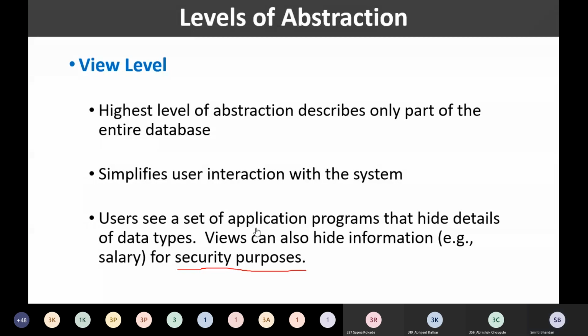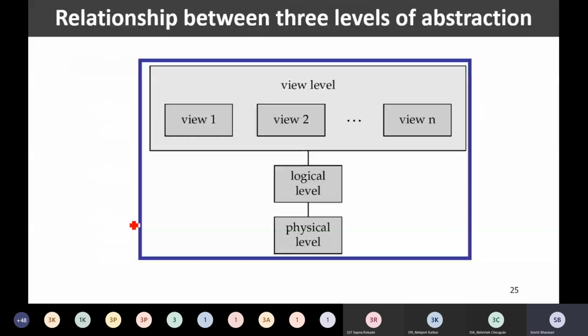Yes, ma'am. Okay, so we now have three levels of data abstraction, and typically the relationship between these three levels can be depicted in the form of a diagram like this. The physical level is the lowest level of data abstraction. Then the next higher level is the logical level, and the topmost level of data abstraction is the view level. See here, at the physical level we are describing the low level details of how the data is stored by making use of some complex data structures in the physical storage device.